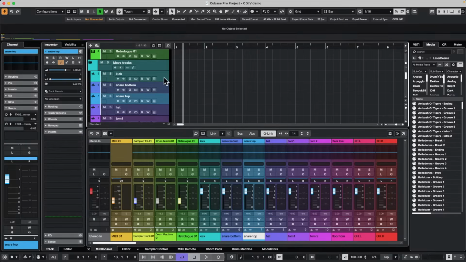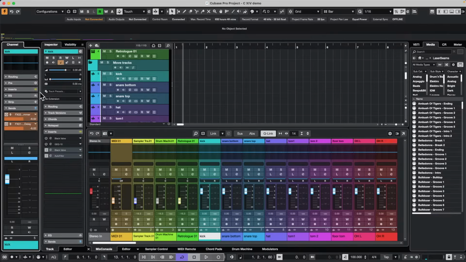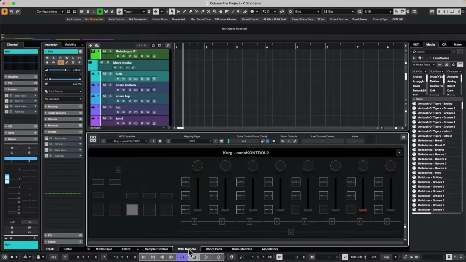One of the questions I get on live streams a lot is, let's say we have lots of different plugins as inserts on a particular track. So let's say I have like 4 or 5 or 16 inserts. Now many people may have like insert 1 for a controller, and insert 2 is always this plugin on every single track. So now there's new keyboard shortcuts, and I have these mapped in my MIDI remote, but we'll